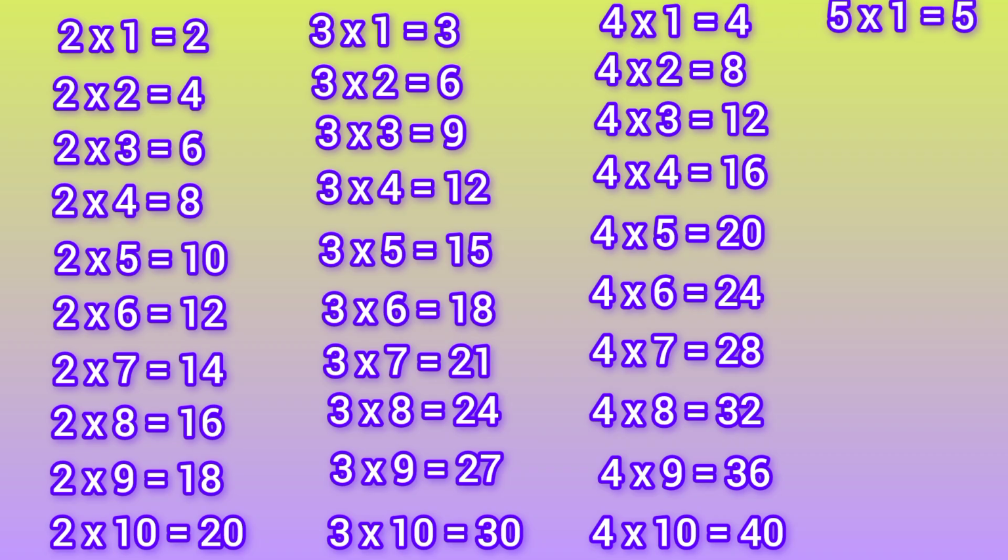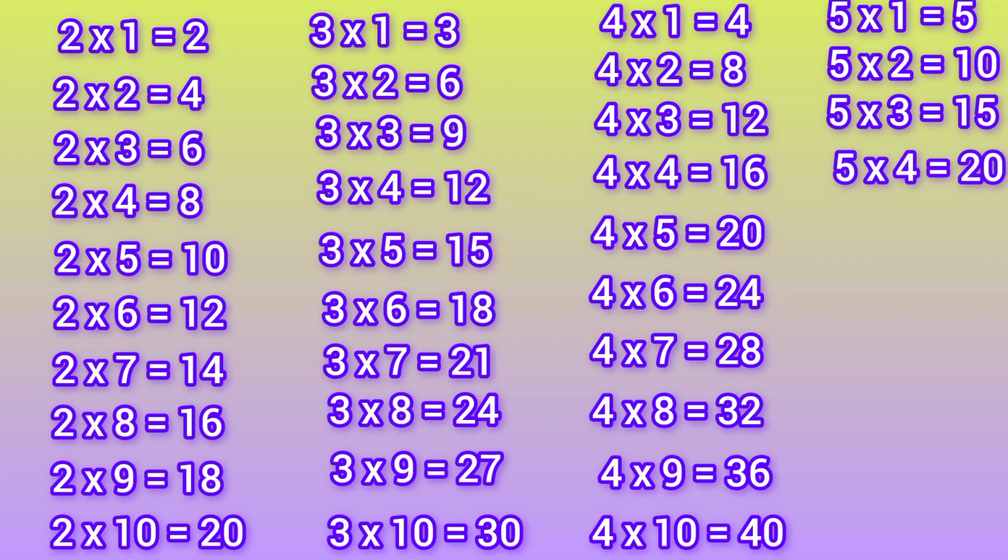5 ones are 5, 5 twos are 10, 5 threes are 15, 5 fours are 20, 5 fives are 25,